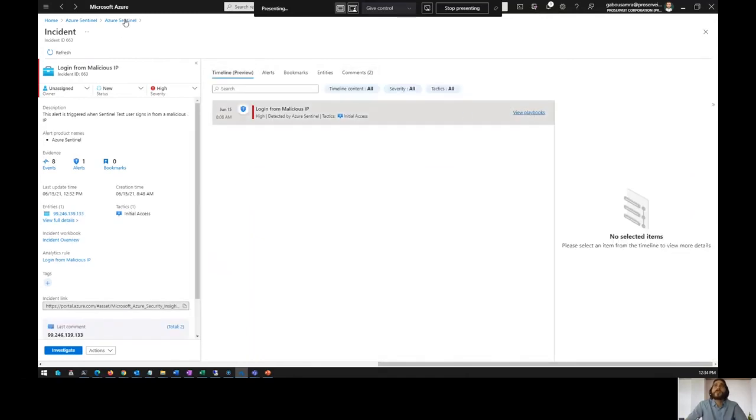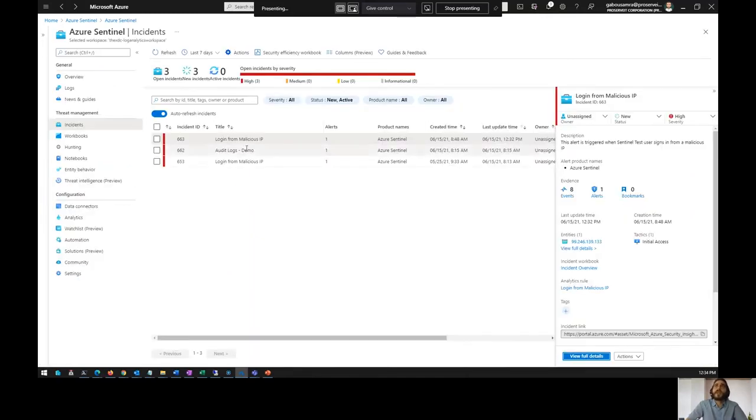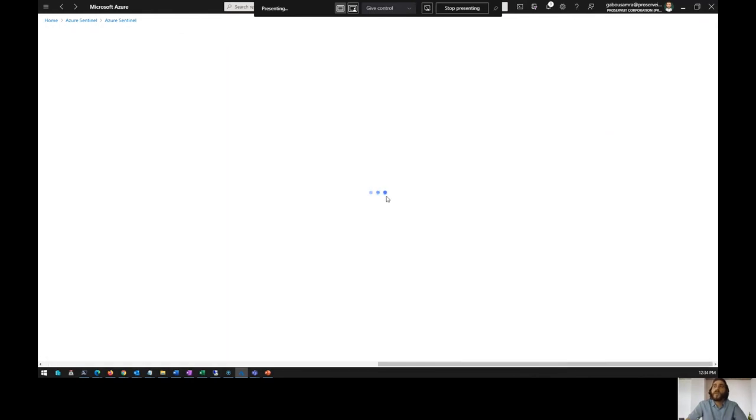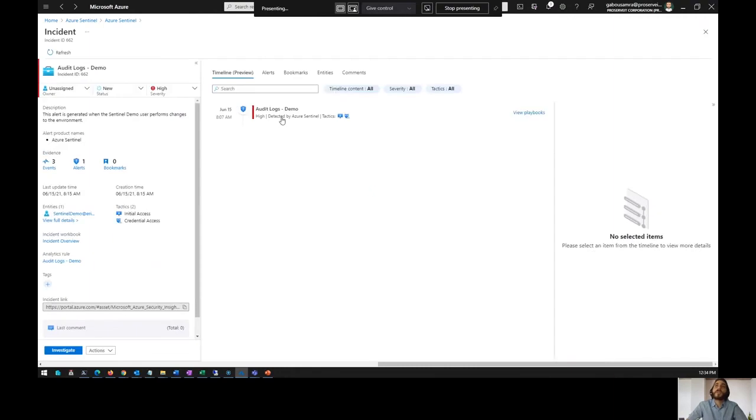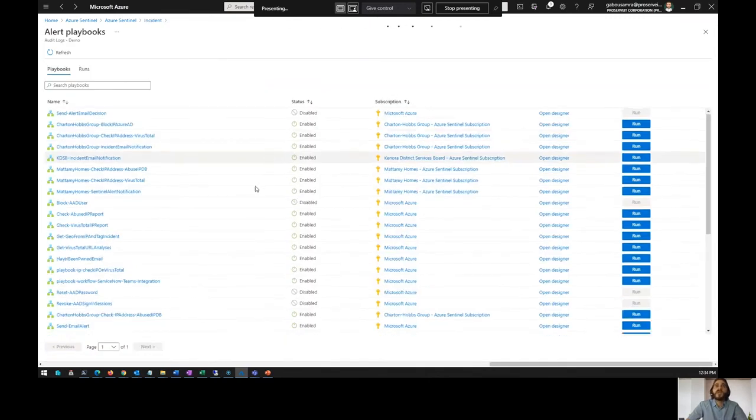Another thing I can do is, let's say, for this specific incident, now my entity is not an IP address. It's the user. It's the email address, Sentinel demo. Now, what if I've considered this to be 100% a compromised account? People are signing into this account from most malicious countries. What we can do in this case is,